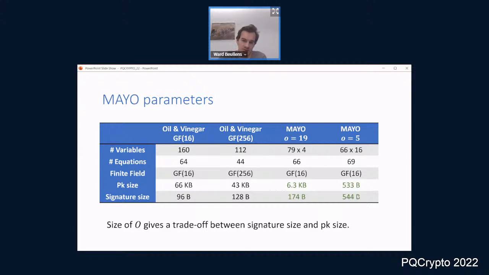And if you use a smaller oil space, then your public key is going to be smaller, but the signature is going to be bigger, right? This is because you'll have to do more whipping, so to say. Like this map P will have to become much bigger to make the O space big enough. And this means that your signature, which is a pre-image, will also be bigger, right? So this is why, in this case, the signatures are also half a kilobyte, same as the public key. But this is still quite good, right? It's very similar to Falcon and the recent variants of Falcon that are more compact.